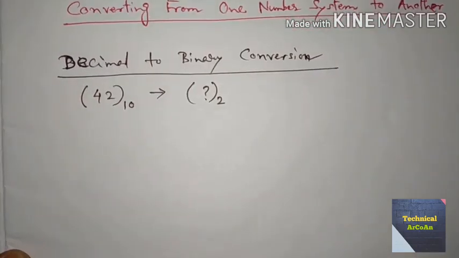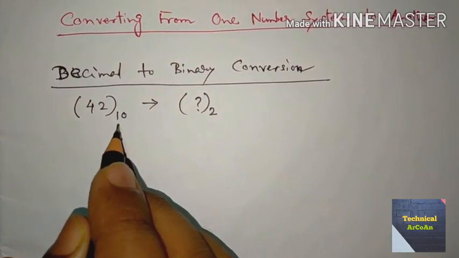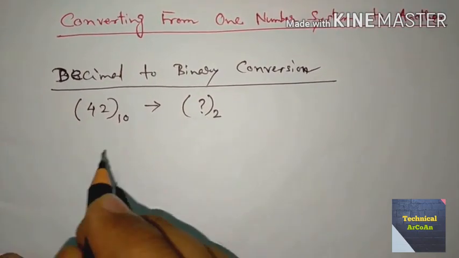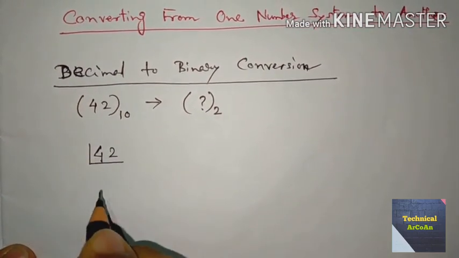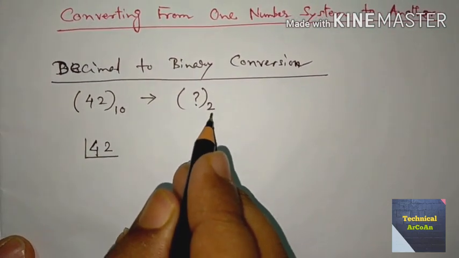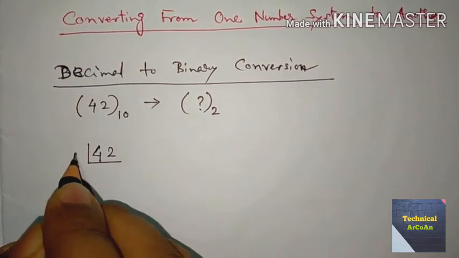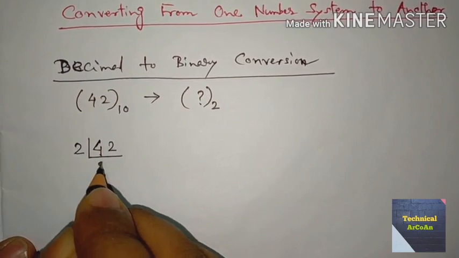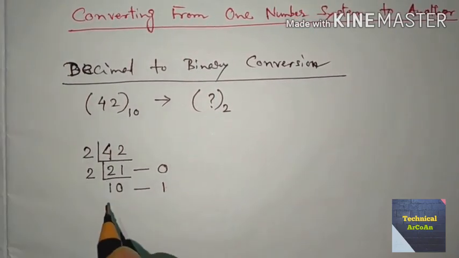Now we take this 42, which is a decimal number, and we want to convert it into binary. Why? Because the base is 2, right? And it's also a pure number. So if the number is pure, then we divide the number using the converting base, meaning the converting number system, which is binary, so we are just dividing by 2. If I divide that, the quotient will be 21 and the remainder is 0.